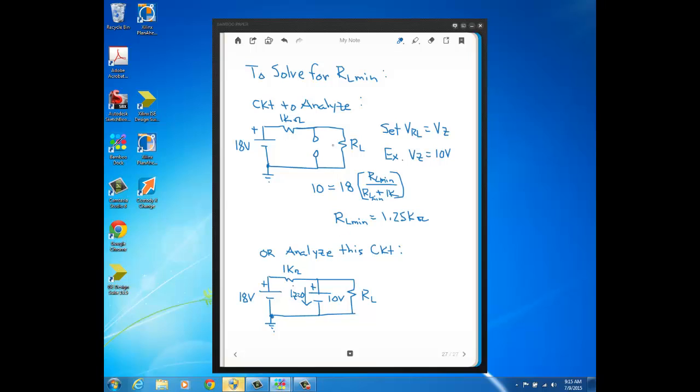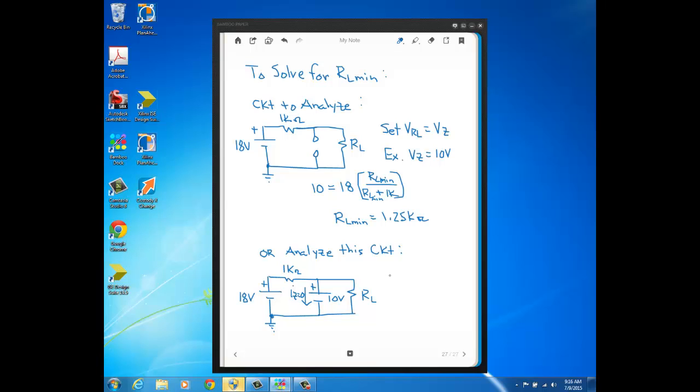Just like up here with the open, the current is 0 for the Zener, and then we just set VRL equal to VZ. Here we're doing it more explicitly, showing the Zener equal to a voltage source, which is also going to make VRL equal to 10 volts, VZ, just like it is up here. But we're saying that source has 0 current, just like the open has 0 current. So it's just a slightly different way of representing the circuit, but again, you end up with the same answer,